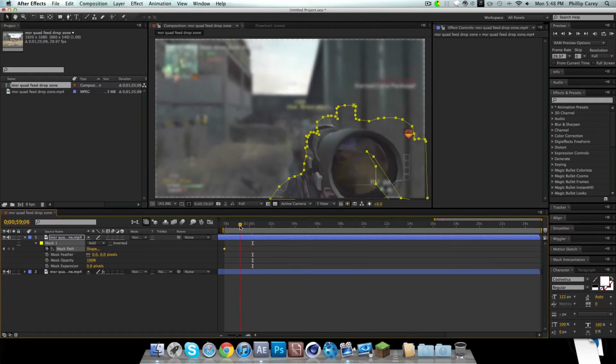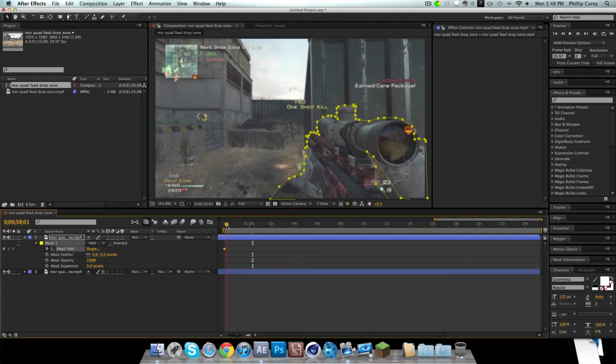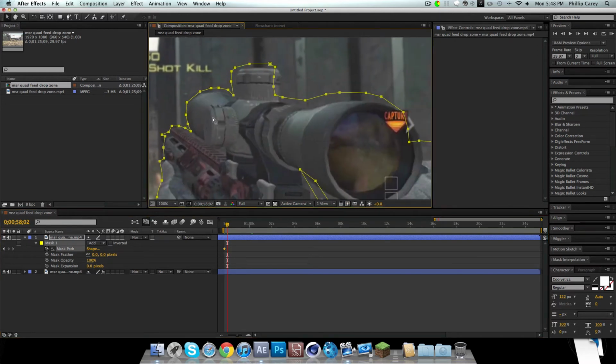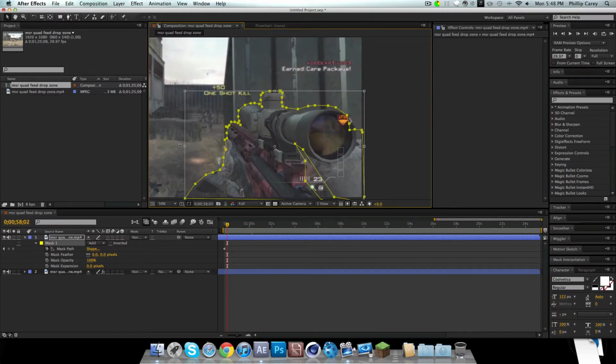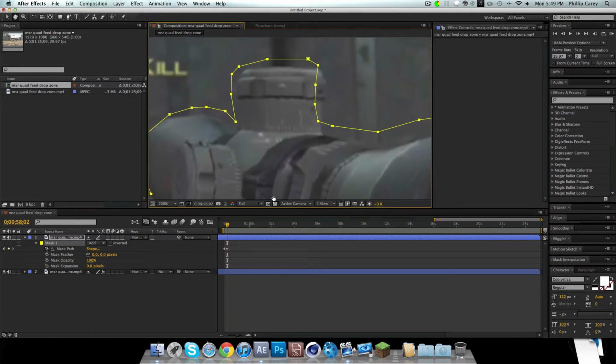Another little tip when you're adjusting your points, go forward a little bit, and you are gonna want to click on this, double click, and just use these as often as you can to save time, but also say